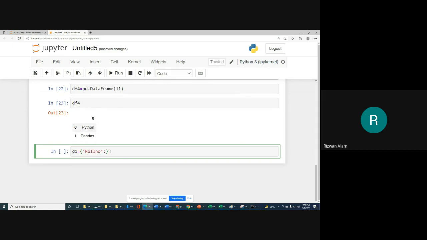And then what are the roll numbers? We can keep roll numbers like 1, 2, 3. That is the first element of this dictionary. So we are simply creating a dictionary here, which we have already discussed.